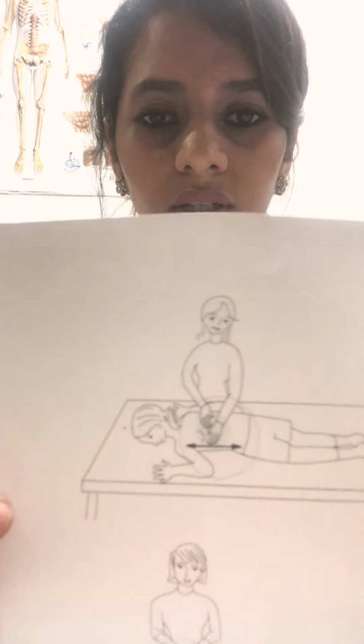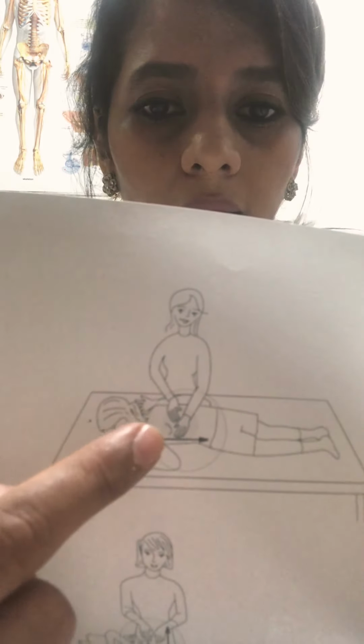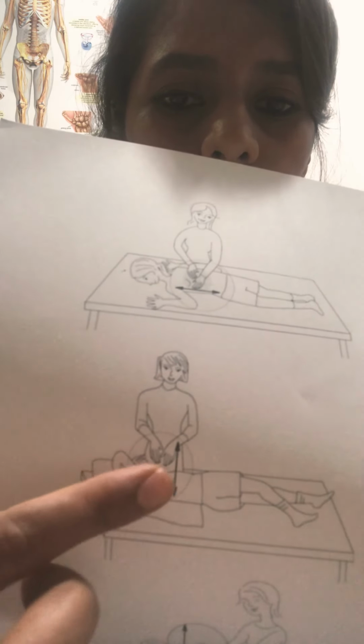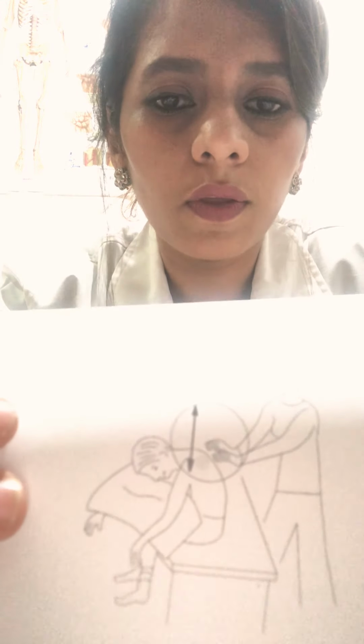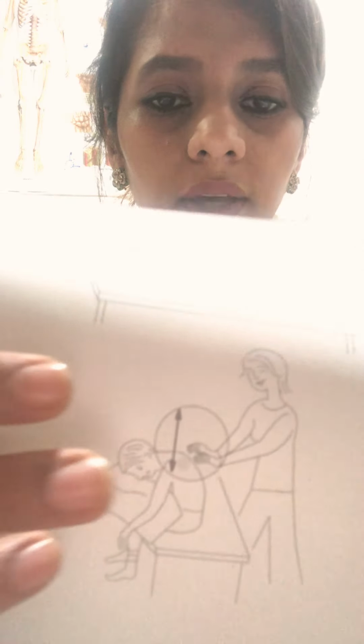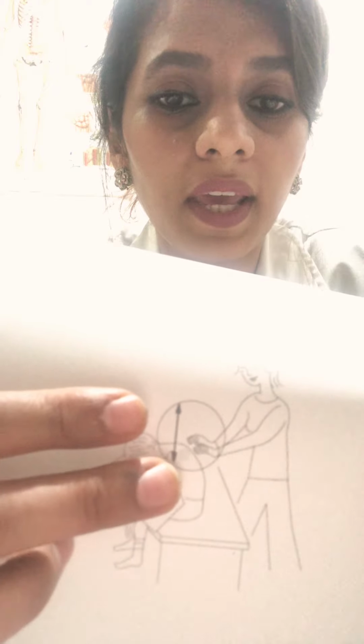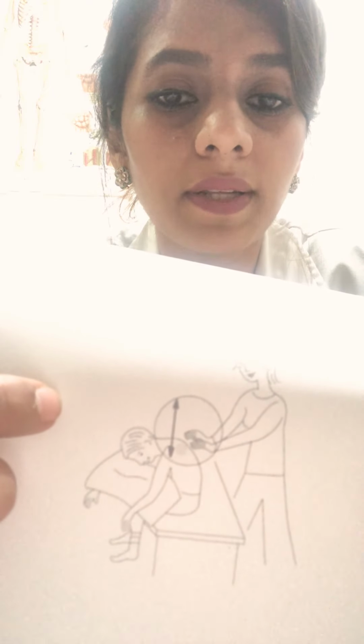I will show you some places that you need to do it, or some areas that you need to cover. One is in the back, just below your shoulder blade, under your arm. All right, there's another area of the lung under your arm. Just like you did the deep breathing, you can also do the clapping or percussion technique below your shoulder blades and in between your shoulder blades.